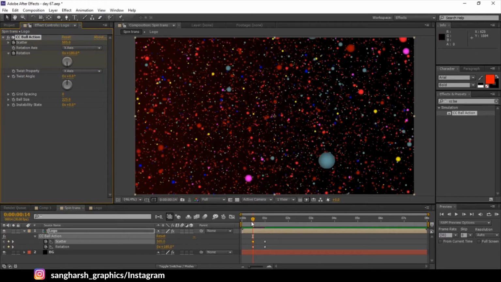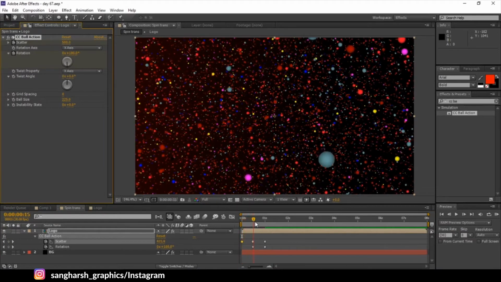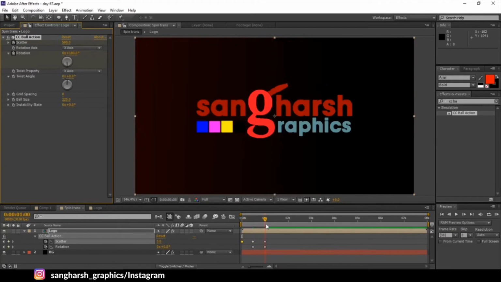We are making a loop, so that's why. And come at the top of the animation, first frame of the animation, and change the scatter to 500. Now we will have this animation, a spinning animation like this.